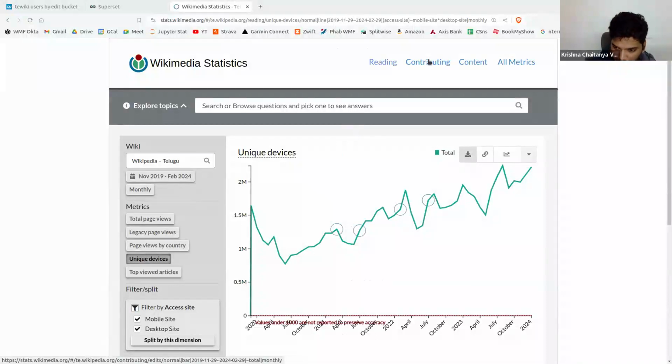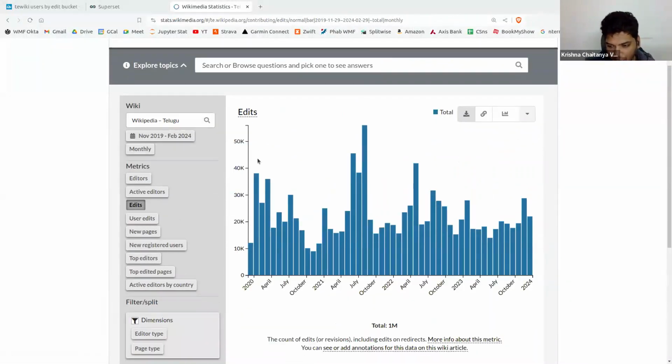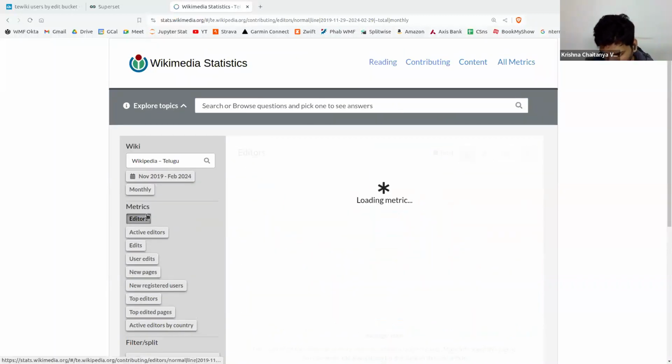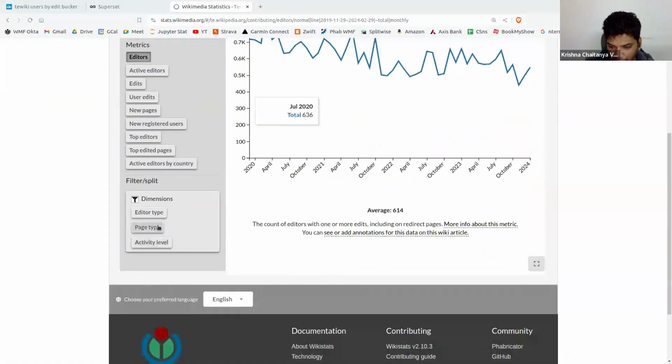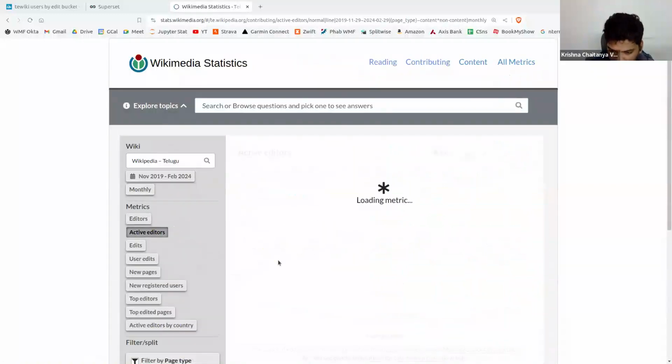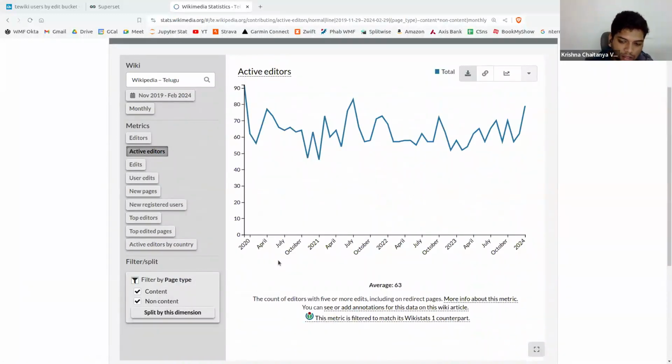So that's reading. When it comes to editing, we call it contributing. There are editors, and how the editors have been. There's a decline, so there is something to think about, and the number of active editors. Active editors are editors who have done at least 10 edits in a month. Editors can be any number of registered editors, but active editors are those who have done at least 10 edits in a month. And then the number of edits